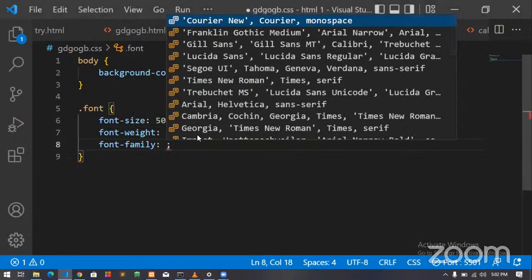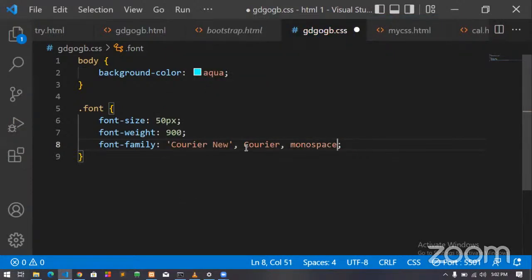You can also touch the font family. Now, that's one beautiful thing about Visual Studio Code: it suggests some font families. And I believe if we are familiar with Microsoft Word, all these font families will not be so new to us. If I choose this, Courier New and Courier monospace, these are like 3 different font families. What this is saying is that if you don't find this on this browser, use this. If you don't find this, use this.